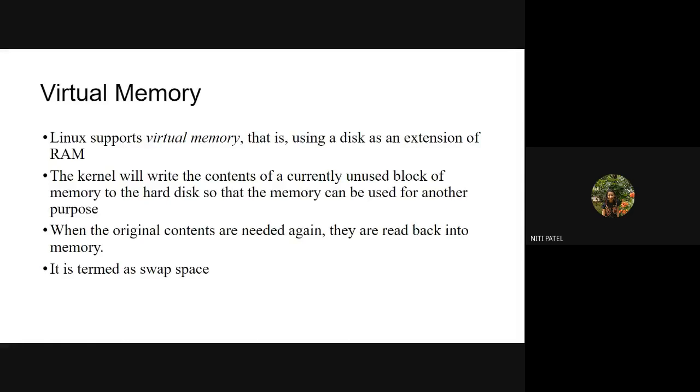Why is it called the fastest? Because if I, being a processor, want to search any data, I will first search inside myself. If it is not found, then I go inside the primary memory, and still if it is not found, then I go inside the hard disk, that is secondary memory. And if it is not found in any of the three, that means it is not there inside your system. So the fourth memory is your virtual memory.